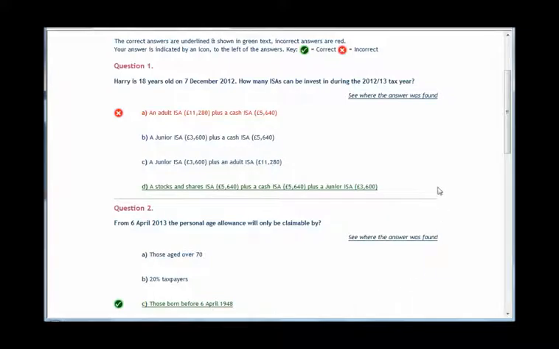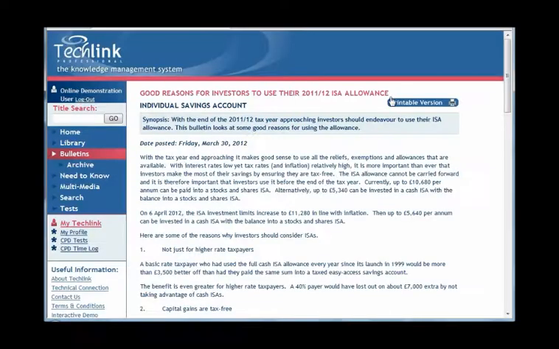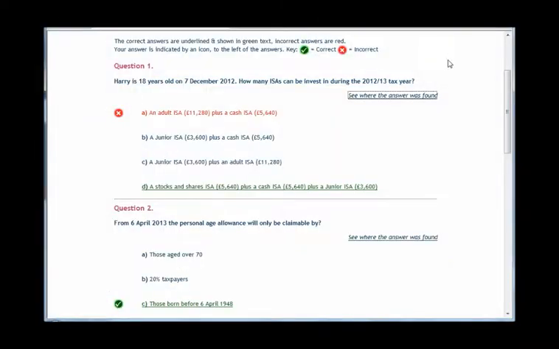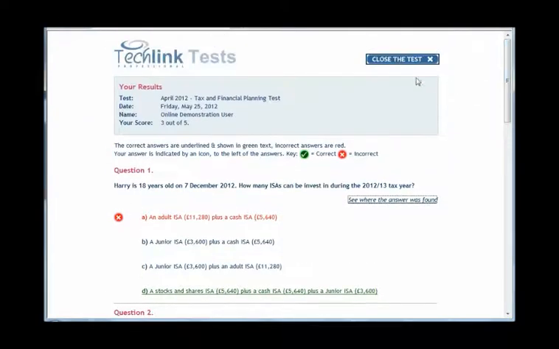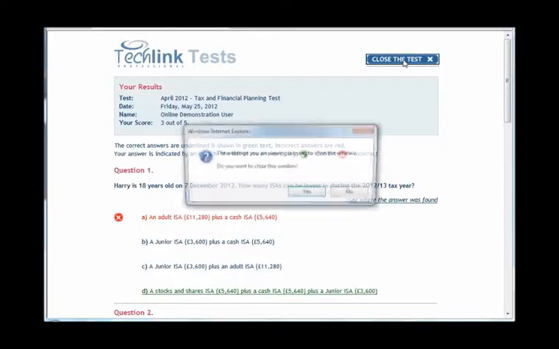Any question you answered incorrectly will show the answer you gave in red and a red cross next to it, with the correct answer underlined in green. Unlike the TechLearn lecture, to the right of the question is a link marked See where the answer is found. Clicking on this link will take you to the bulletin from which the question and subsequent answer originated. Once you have finished reviewing your results, you can close the test by clicking the link at the top right